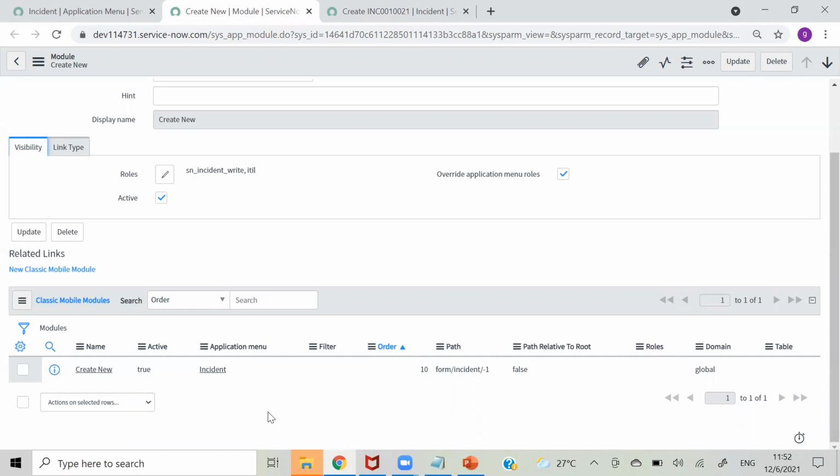That is a different concept, and if we have 100 companies, only 10 or 15 companies will request mobile modules, but most of the companies will not request. So mobile development for ServiceNow is a rare topic, and that doesn't come under ITSM. It is a separate concept.